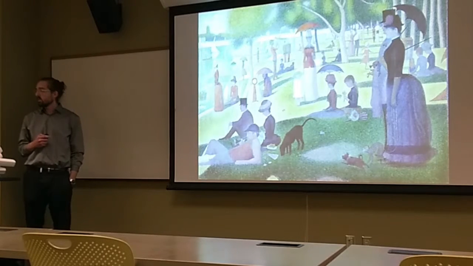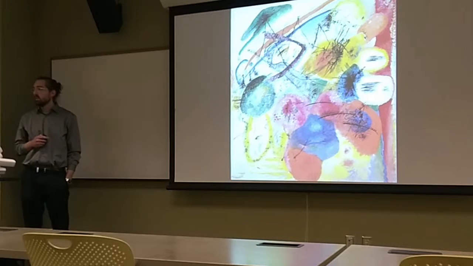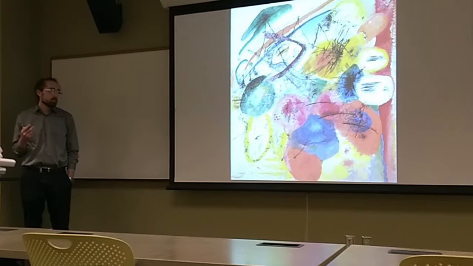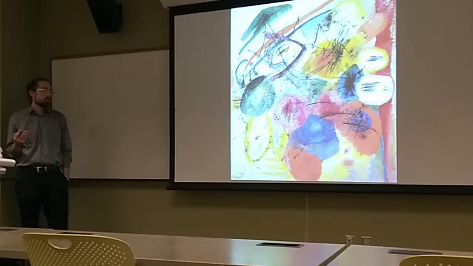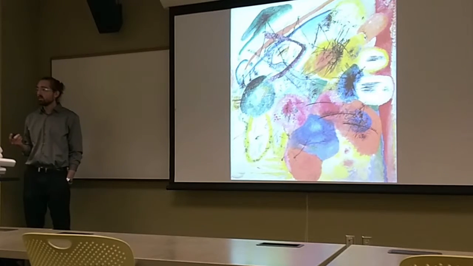Now, this next one is titled Black Lines, and this is by Kandinsky, and this will be our example of a complex painting. Despite the fact that it uses easily recognizable colors and simplistic geometric shapes, this may take a little bit more thought and reflection to decide what exactly is happening in this painting.